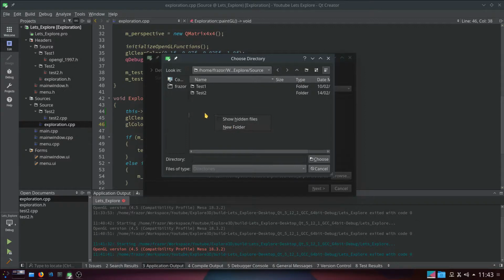So I'll just right click it, by the way, in this square here. New folder. We'll call it Engine Explorer. And inside Engine Explorer, we're going to put